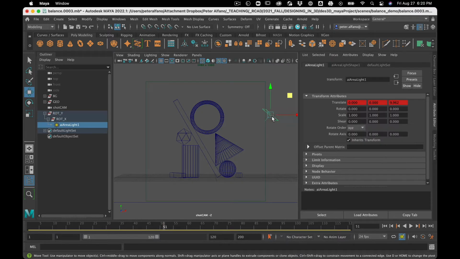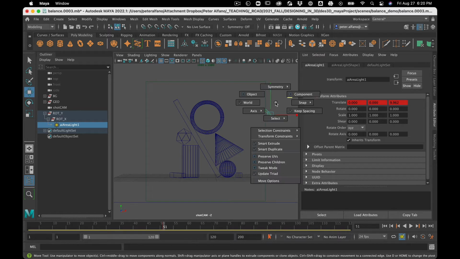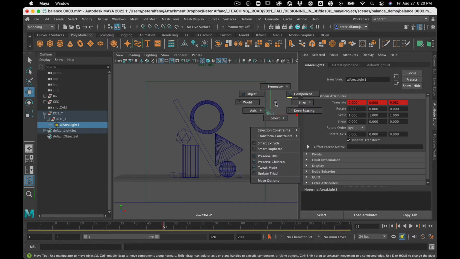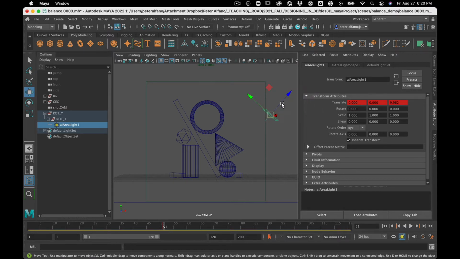To change this orientation from world, which it is now, to local, which is the orientation relative to the object, you hold down whatever tool you're on, so W for translate, and E and R. With that held down, you click and you can change what you want this translation oriented to. So for us, we want